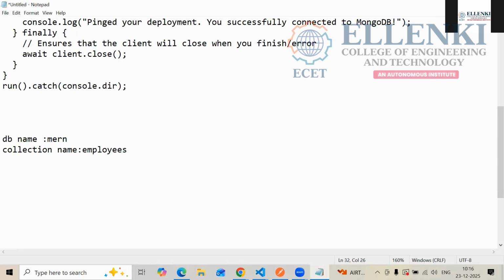And what is your username? What is the username you have to write? Username admin. Why are we using admin? That is a free version. That's why, if you are not writing this admin, you will not get that one. And the password is what? Password is also admin. Okay, these 4 things you have to remember.